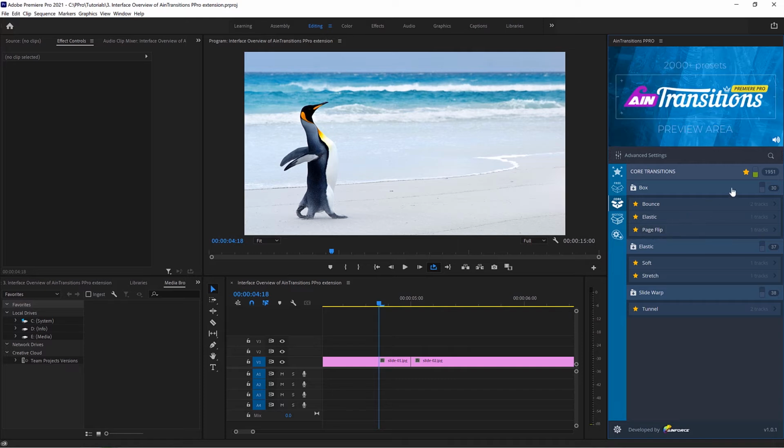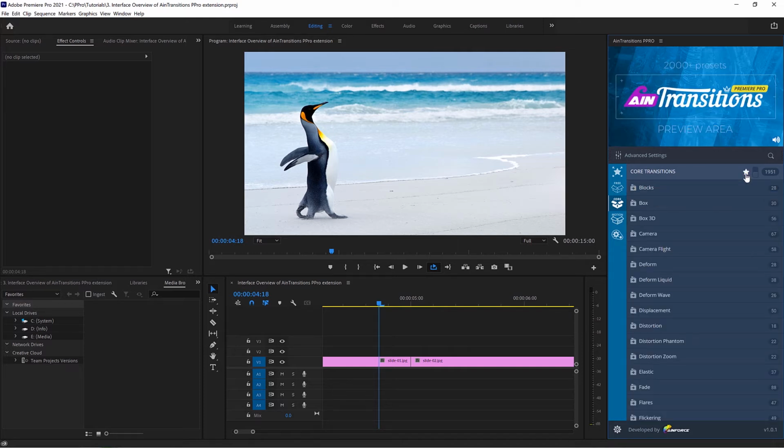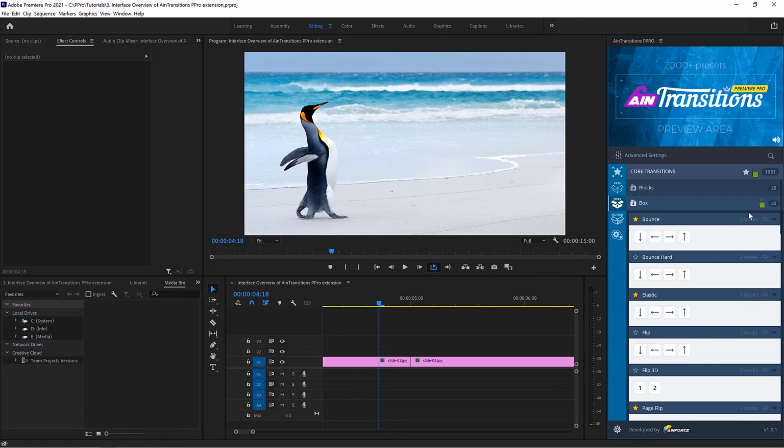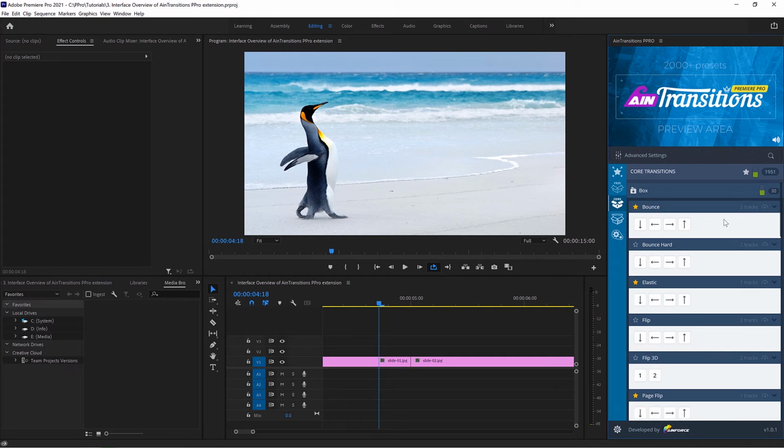Now let's dive into other details. Having opened the category, we see that each subcategory has an indication of the number of tracks that the transition takes. That is, in other words, it shows how many layers the transition consists of. This is definitely very useful information for many users, especially in projects where control of each action is important. All right, let's continue.